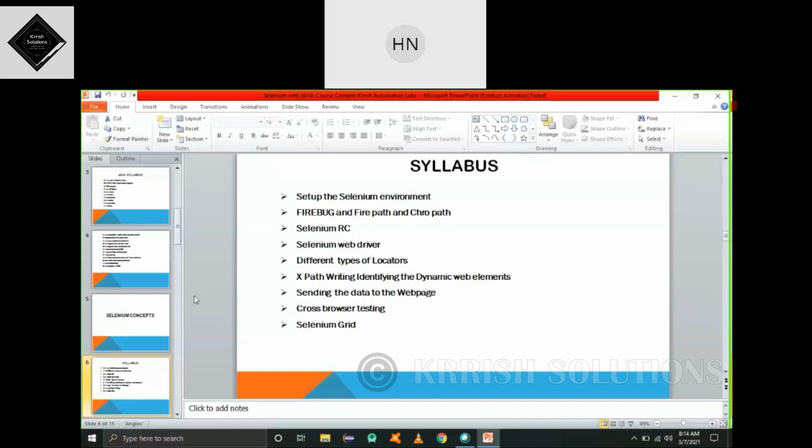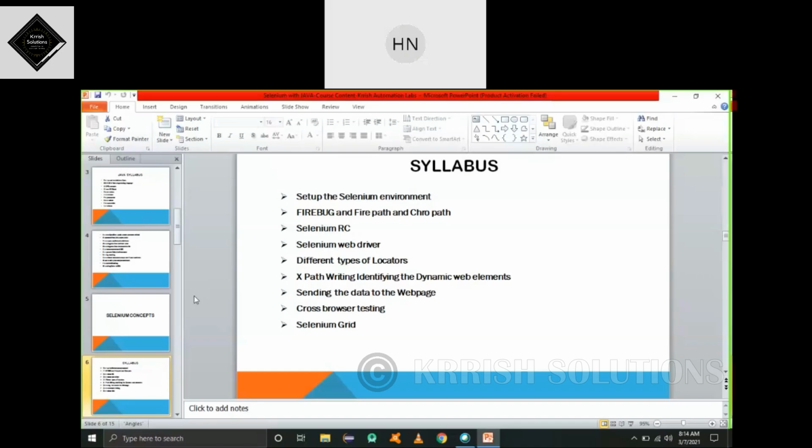Because we can hire Java programmers, development people, we can train them on the Selenium tool, put it into the project, and run the show. They are thinking in that way. That's the reason Java programmers are coming into the market, and they are available at cheap rates. That's the main focus for why they went for Selenium with Java.